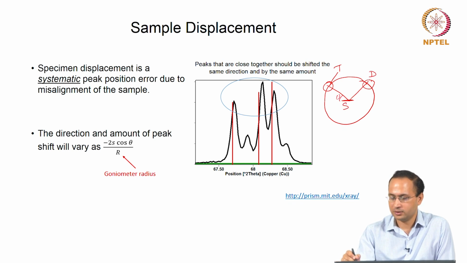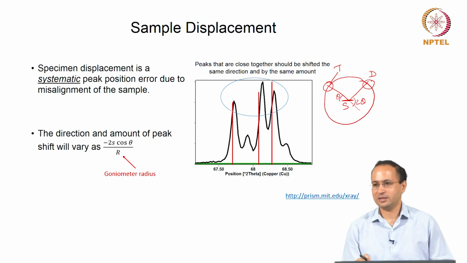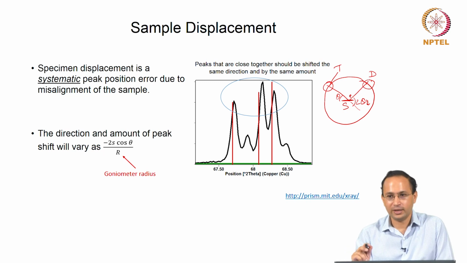So, the way it works, you remember, we said that the tube and detector will rotate. In some cases the sample also can rotate when the tube is fixed, but the idea is the sample is always the focus, at the center of the circle. So, when there is some displacement, suppose the sample is a bit down or the sample could be up, that may cause sample displacement when it is not in the focus.